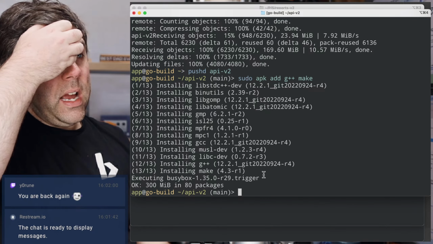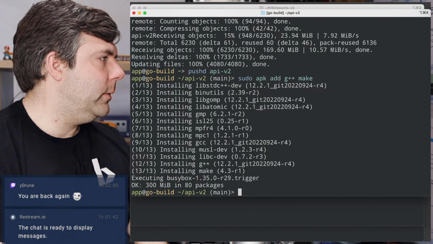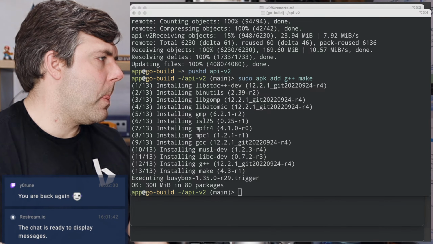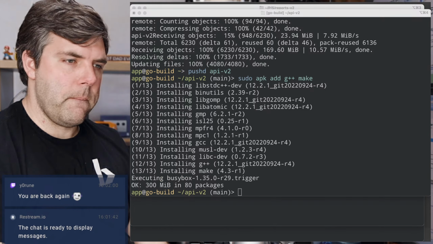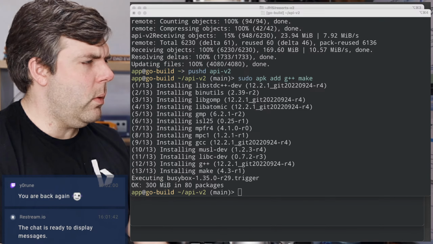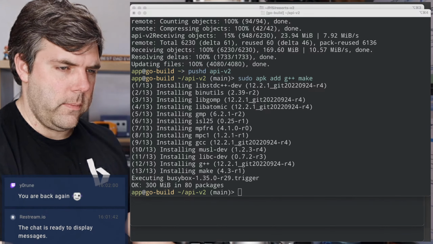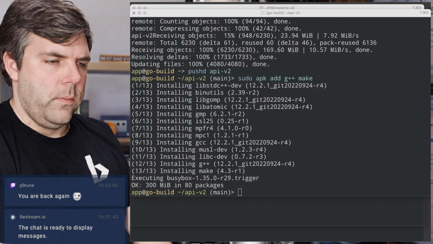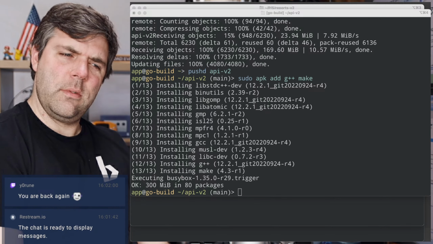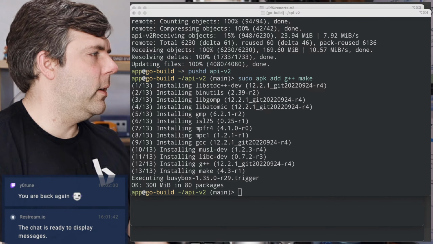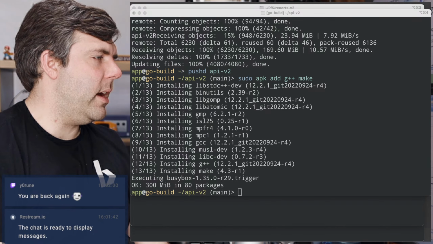Anyway, so I got the C++ tools installed. Oh, interesting. Disk unmount force is not working. Sudo diskutil unmount force? That's weird. I might just have to pry that thing right on out.